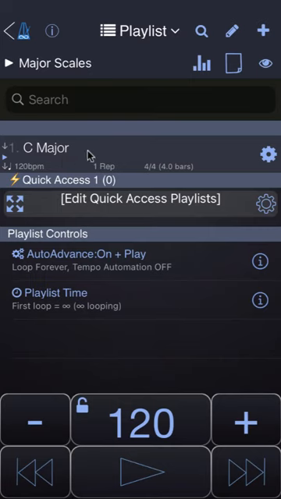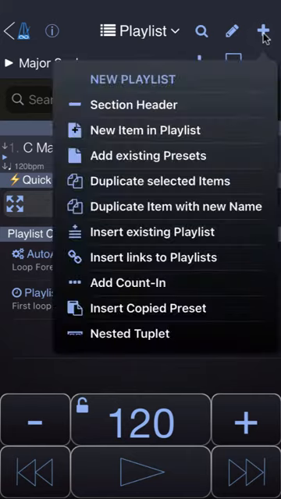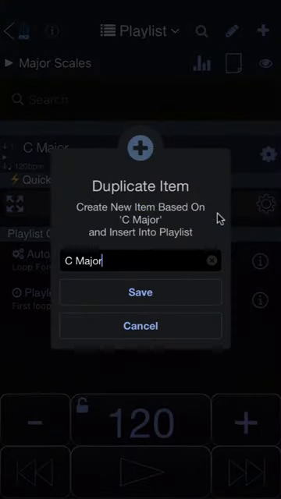Now, you could create a new item, input the rhythm again, select the D major scale and enter those notes, but there's a much quicker way. If you tap on the plus and choose duplicate item with your name and rename this to D major,